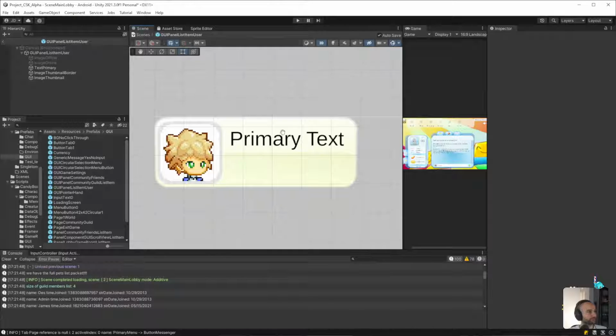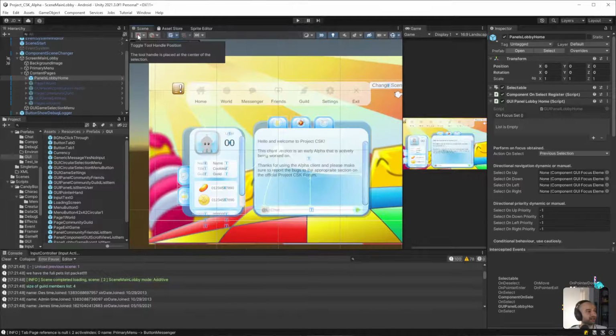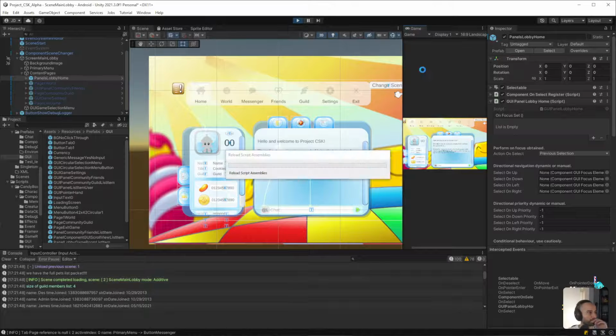I think that's good. So that'll be player name. And then likely what'll be added below it is maybe their guild or something else. There's space. But let's see how this actually looks, though. That's the important part, what does it look like when we run it?